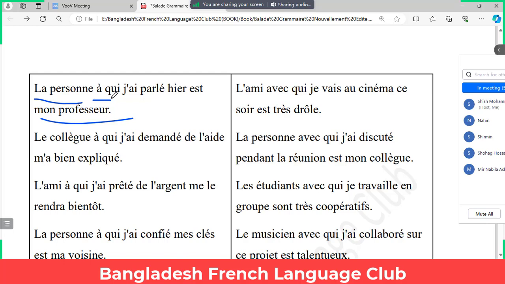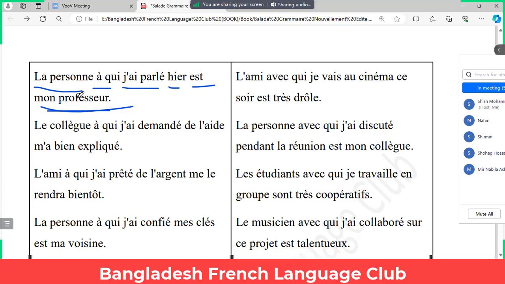À qui means to whom. To whom j'ai parlé, I spoke yesterday. The person to whom I spoke yesterday is my professor, right? Est mon professeur. Good. Okay. And then